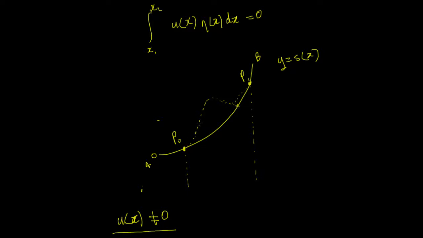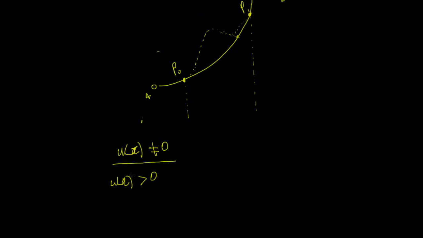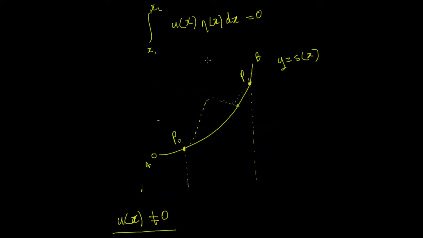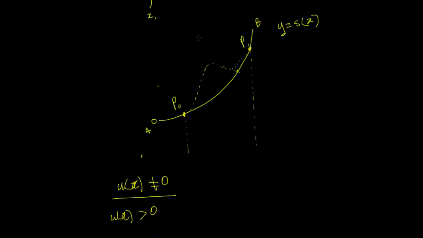So u of x always sits above that line there, so u of x is greater than 0, it's always positive. Now if we look at the other function, eta of x, if we choose the function eta of x,